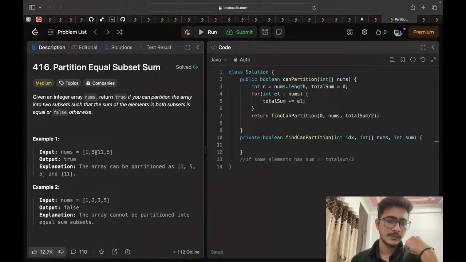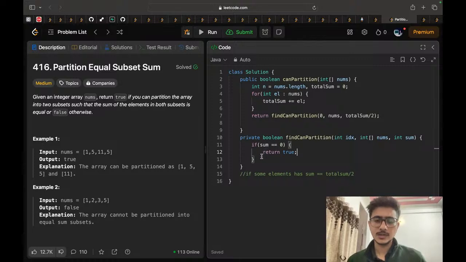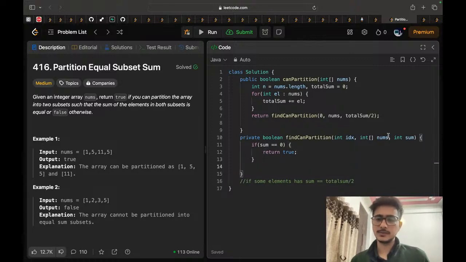So we will be picking up 1, subtracting from 11 gives 10, then we will pick up 5, it gives us 5, then 5 minus 5 is 0. So we can pick these elements and subtract from the sum. So whenever our sum reaches 0, we can say we have found a subset which has a sum equal to sum. Okay,